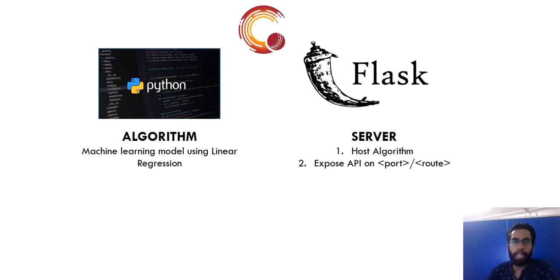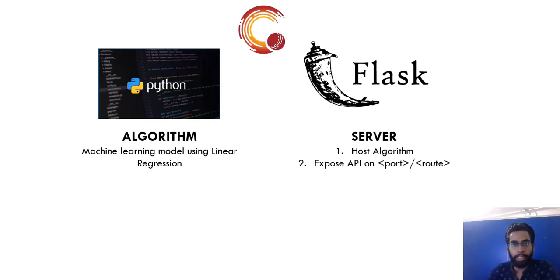Now, what is this port slash route combination? It's basically a unique resource identifier. It helps me identify what resource the user is trying to get. Why these two? Let's say I built a Flask server, and on that server, I have deployed multiple services or multiple APIs. The first API could be a cricket score predictor. The second one could be a tennis score predictor, and so on and so forth. So I have multiple services running on a single server.